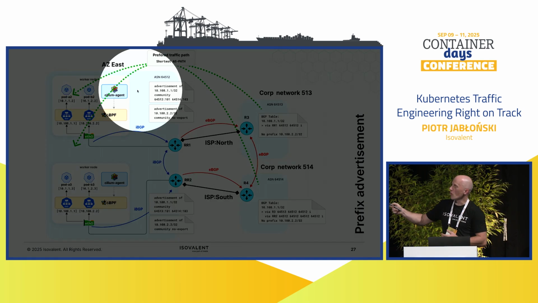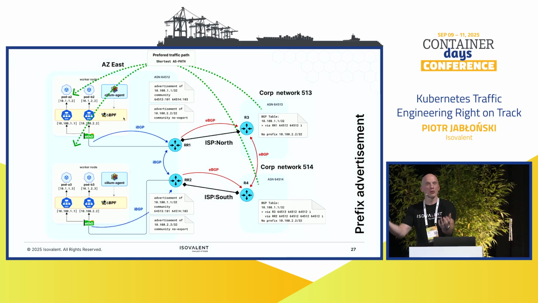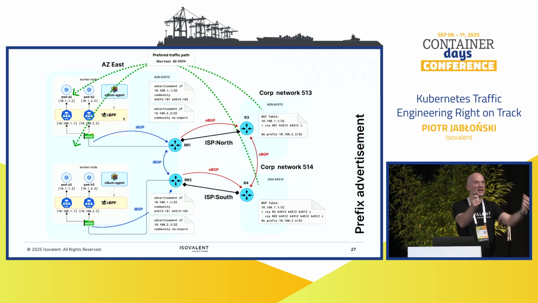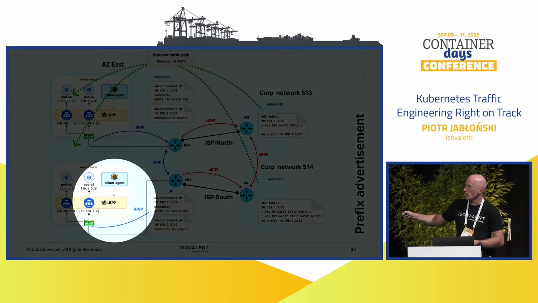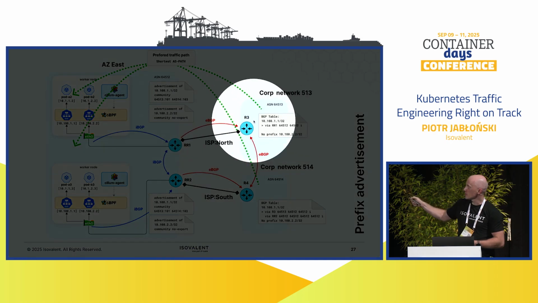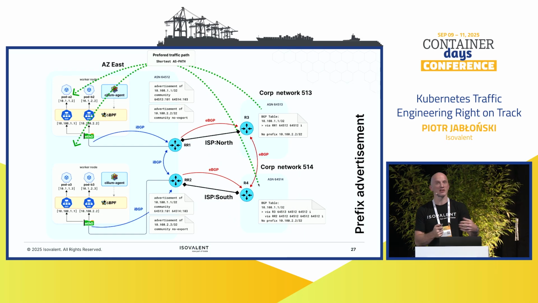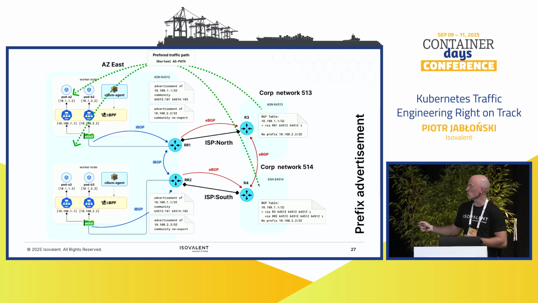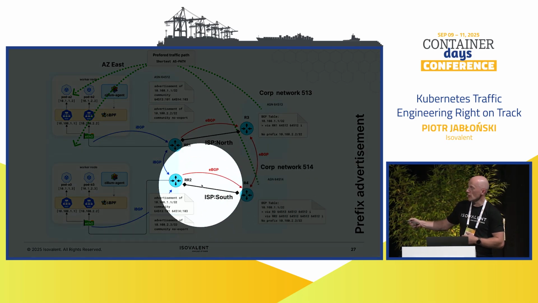So you can compose your environment into groups, into some enclaves. You can have one group, and there will be one autonomous system. Then you can have another autonomous system, a third autonomous system, and so on. So fewer autonomous systems means a shorter path. And from that perspective, you can also manipulate